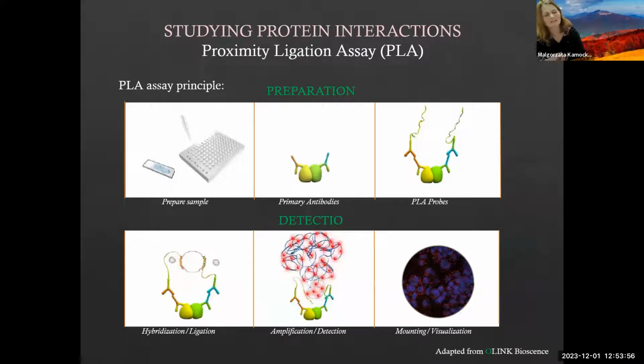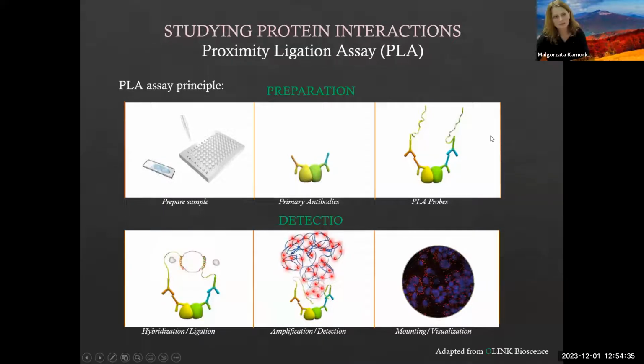of the proteins. And I really like this technique because it's very simple, and it allows us to look at true interaction between proteins, because in the PLA assay the signal happens only if two proteins are in the proximity of 40 nanometers or below. So the technique is actually made based on special PLA probes. So you have to have primary antibodies which are specific to the protein of interest. Then you use special PLA probes which have